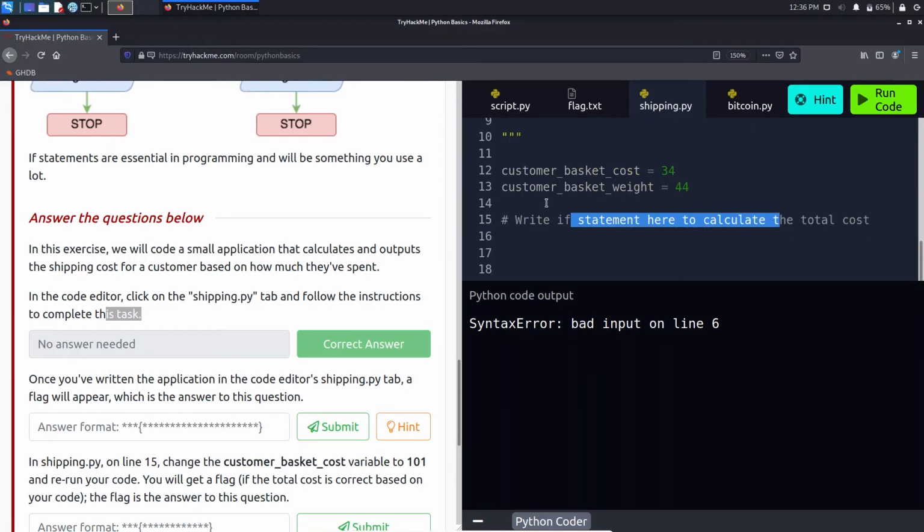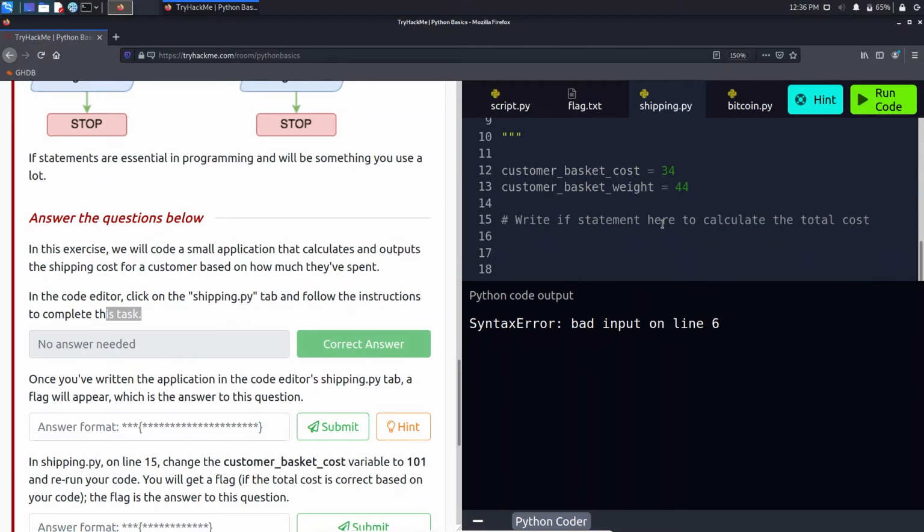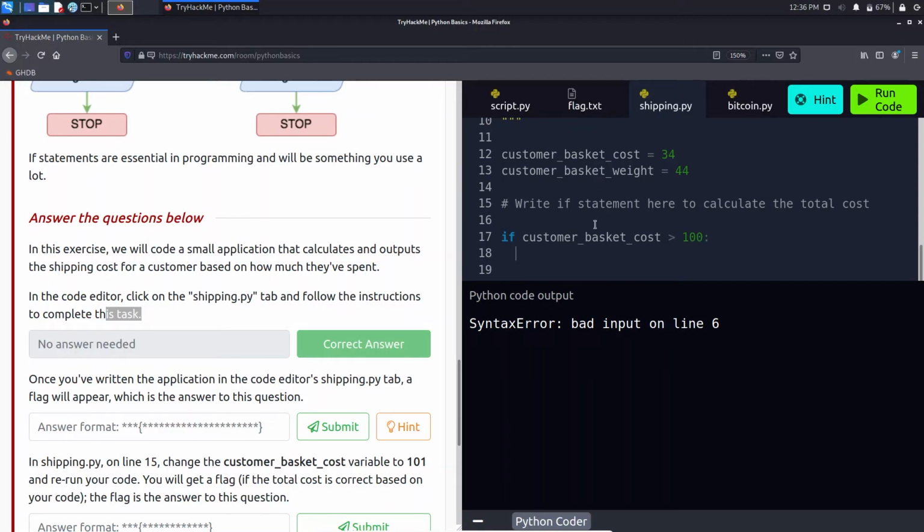So let's see, the customer basket cost is 34 and if it spent over $100, so it's not. So for now we'll just write if customer basket cost is greater than 100, or for now we can just check for less than 100, then just print here.